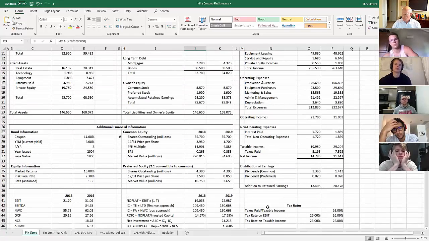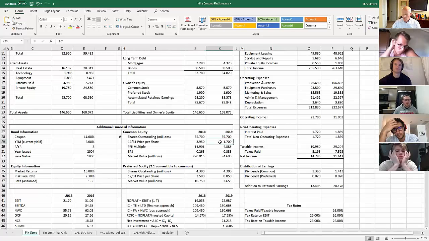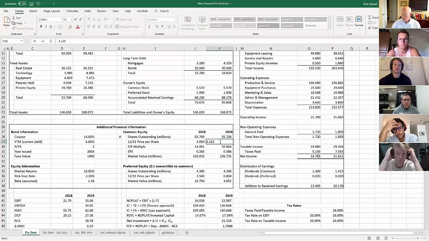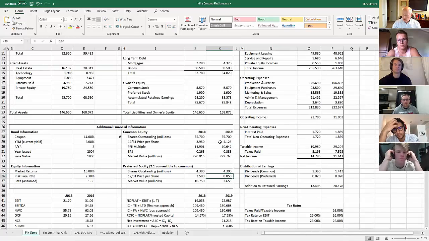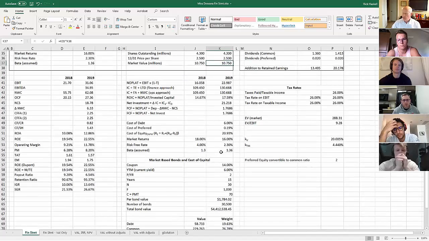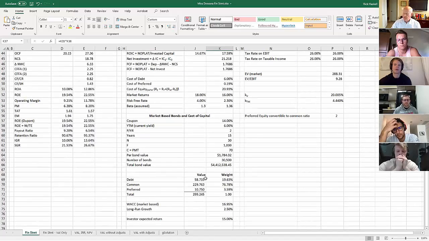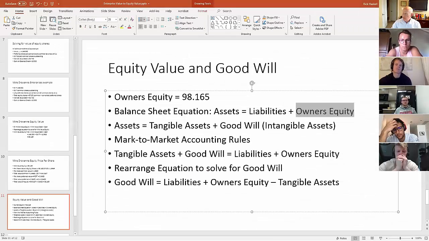I want to make sure that I bring these numbers back in to where they were. This was 4 1/4. Excuse me, no, this was 4 1/8. And this was 2 1/2. So the market value of our debt is 58.733. So if I can put 58.733 in here for liabilities,